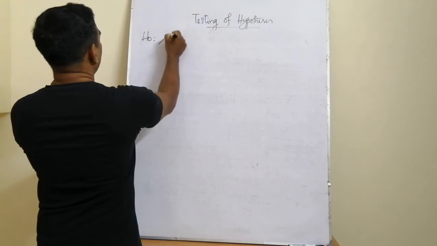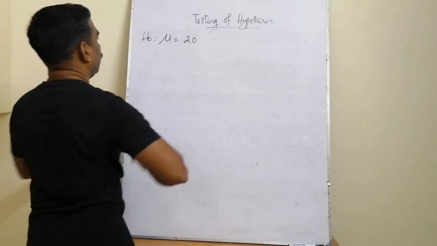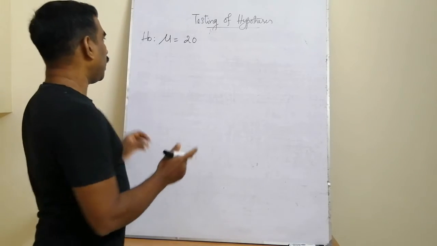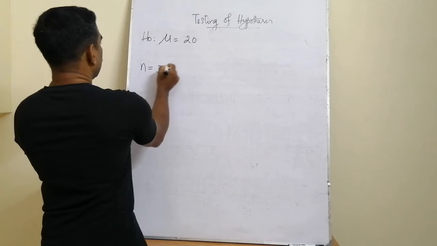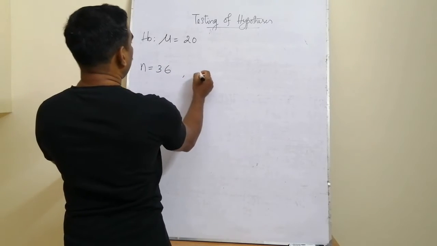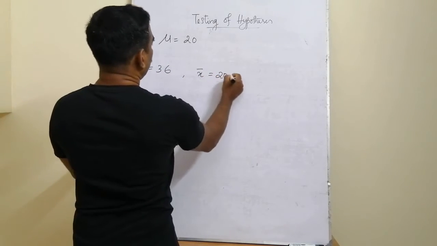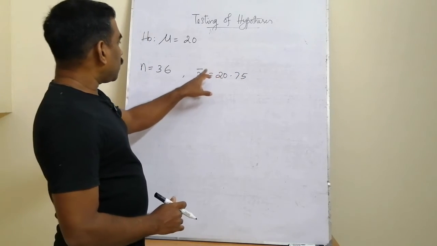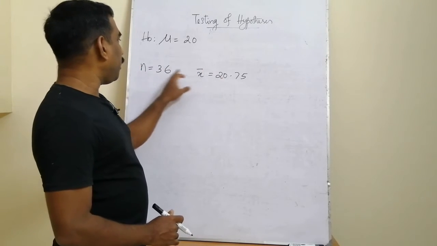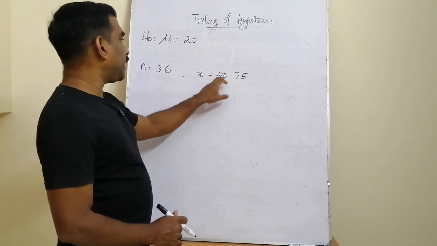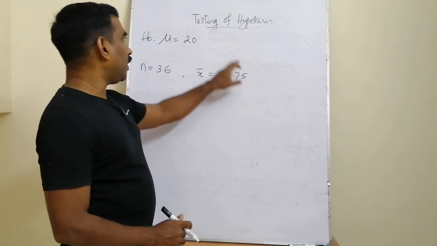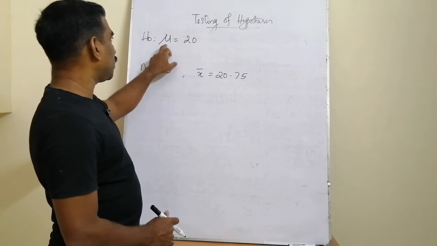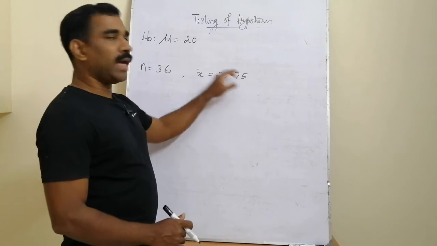The mean drying time given by the paint manufacturing company, we call this as a null hypothesis. So mu is equal to 20. We have to accept or reject this claim based on the sample values. We have taken a sample of size 36, and suppose the observed mean time is x bar is equal to 20.75. And suppose we are making the decision so that if the mean drying time is greater than 20.75, we will reject the claim, or we will reject this hypothesis. This hypothesis is called a null hypothesis. Otherwise, we will accept it.